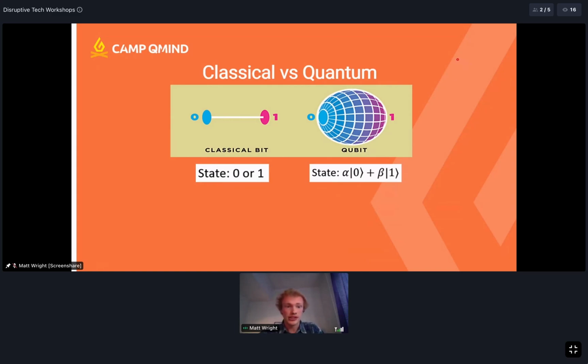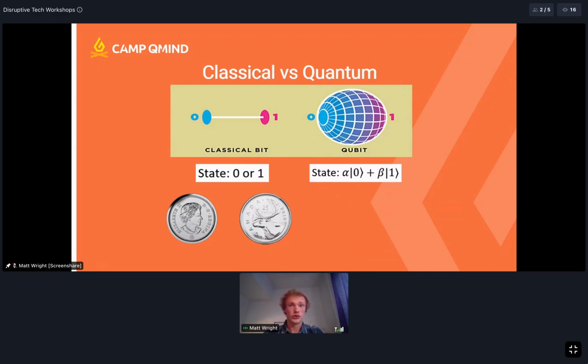What's nice about this graphic up here is that you can represent the state as a point on the surface of a sphere, which we touch on in more detail later, and we can have some really nice visualizations of what the state of our qubit is by looking at the sphere. But let's dive in a little more on the difference between qubits and classical bits. An analogy that I really like is a coin. It's a pretty classic analogy, but I think it does a great job.